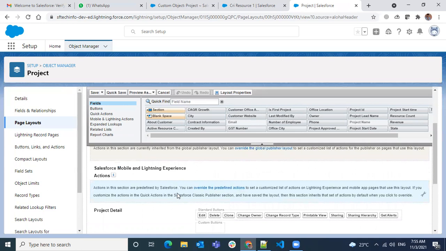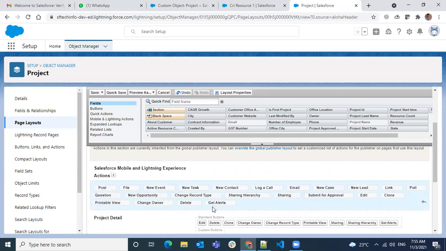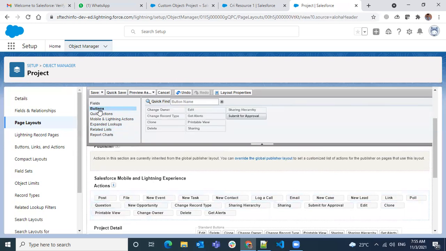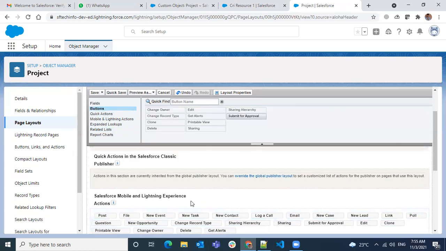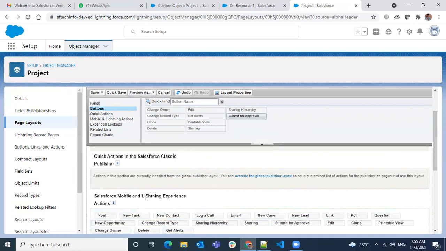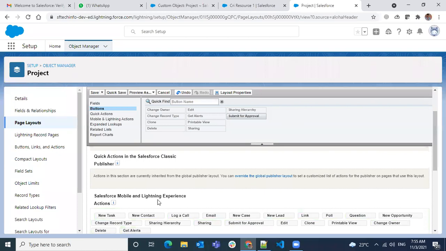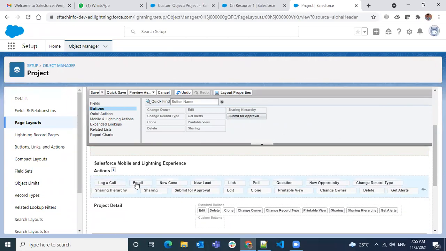If you don't want to use those actions and you want to control them yourself, see what actions are available in Lightning, then override the predefined actions. There are so many things, and you see the buttons here. So just remove everything from here and move to the top. I don't want Post, I don't want New Task, Contact.